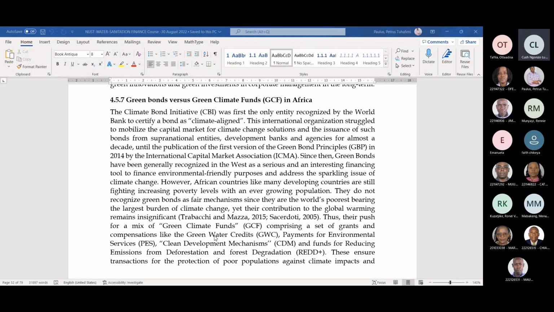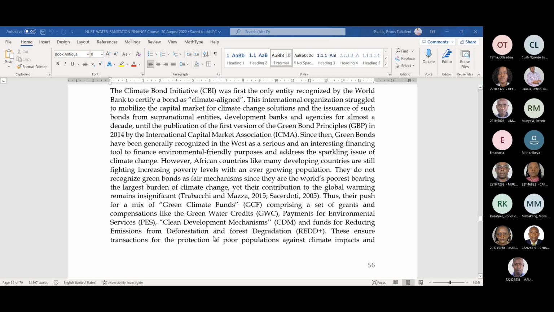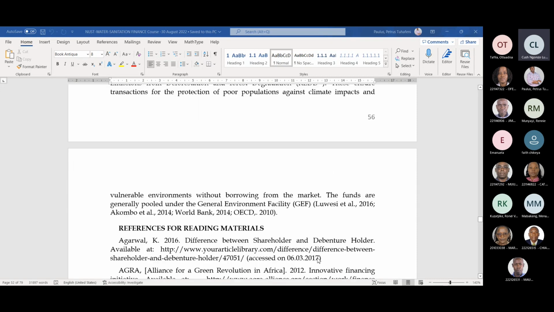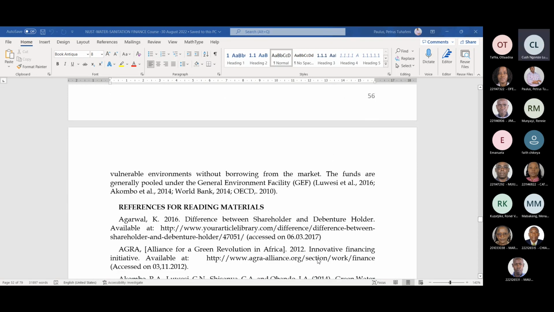But as an alternative, Africans push for a mix of green climate funds, GCF. This comprises compensation like green water credits, payment for environmental services, clean development mechanisms, and funds for reducing emissions from deforestation and forest degradation, which is known as REDD+. So these ensure transactions for the protection of poor populations against climate impacts and vulnerable environments without borrowing from the market. These funds are generally pooled under the Global Environment Facility. So that is the end of chapter